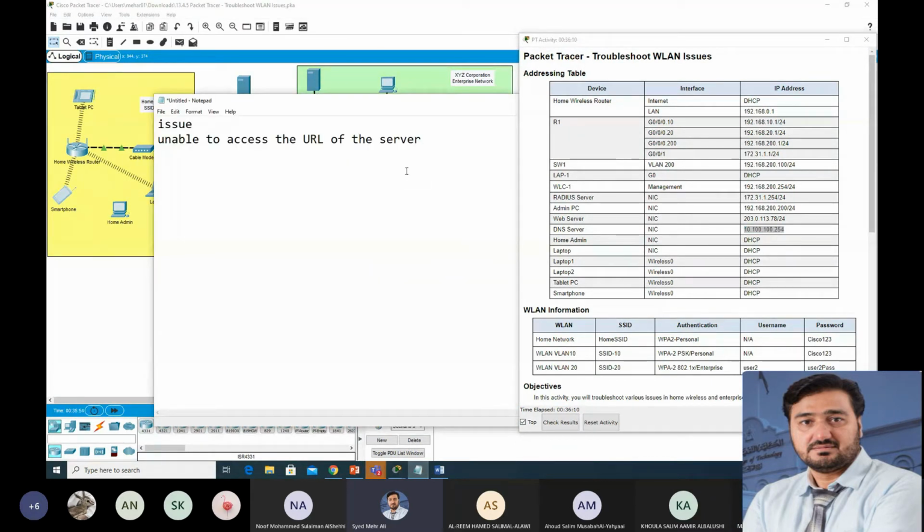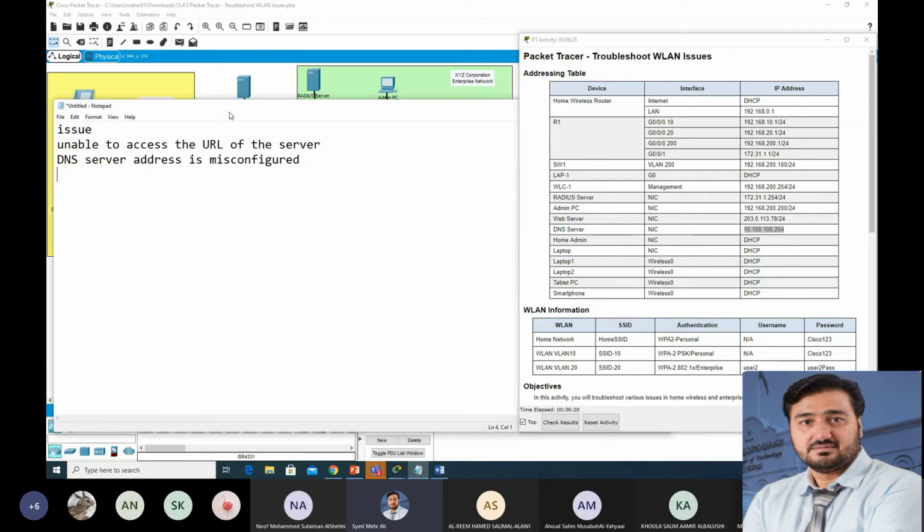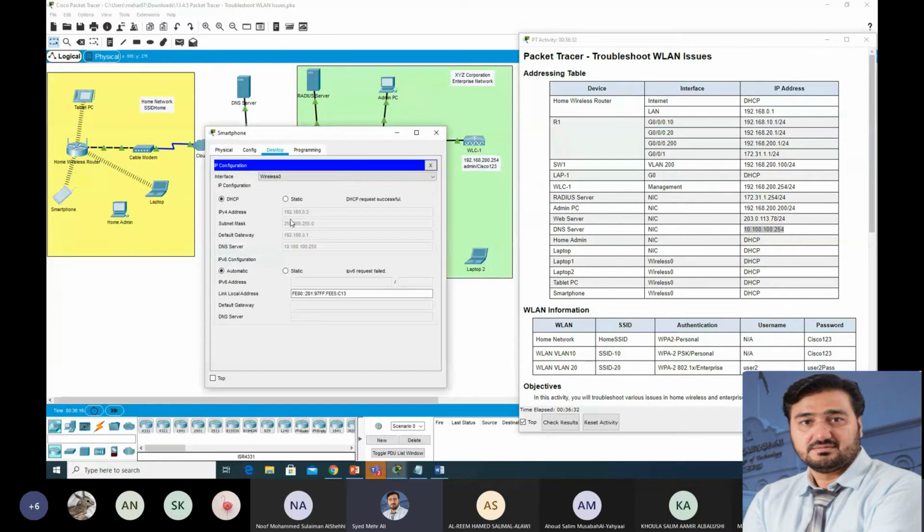Another issue: the DNS server address is misconfigured. So we need to make the correction now, here in the DNS.